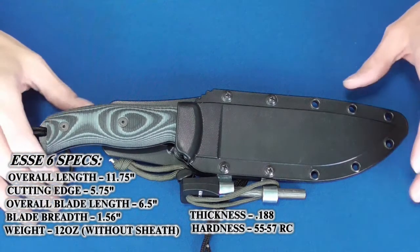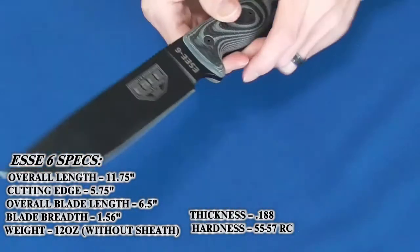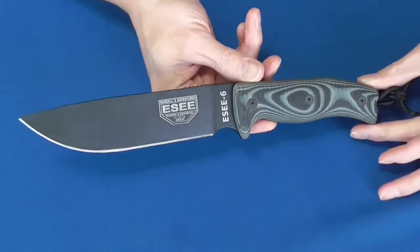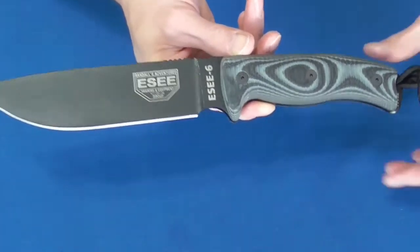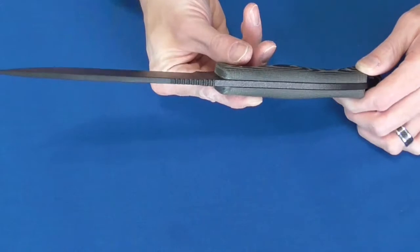Today we are going to have a look at the Esee 6. Now, the Esee 6 is their flagship knife, and for good reason. It's just tremendously versatile, and it happens to be a personal favorite of mine. In this video, I'm going to go ahead and back these statements up, giving a much more in-depth look at the